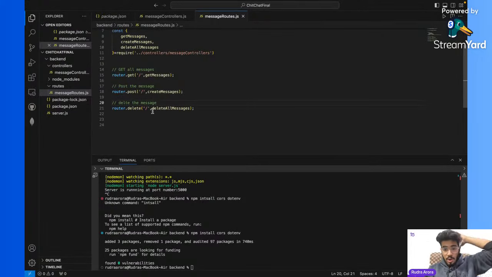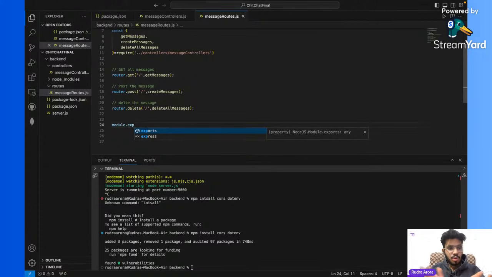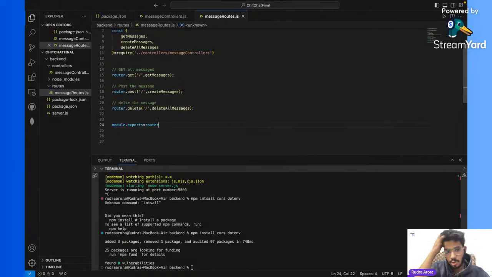Okay, so now your routes are finished and you have to export these routes also. You will be thinking why we are exporting these routes. We are exporting them because these routes would be included in our server.js. Until and unless they are included in server.js, the server would not know that any routes have been added. So you have to tell server.js, hey, I have some routes. So that's why we will be adding those routers. Any doubt till now in this